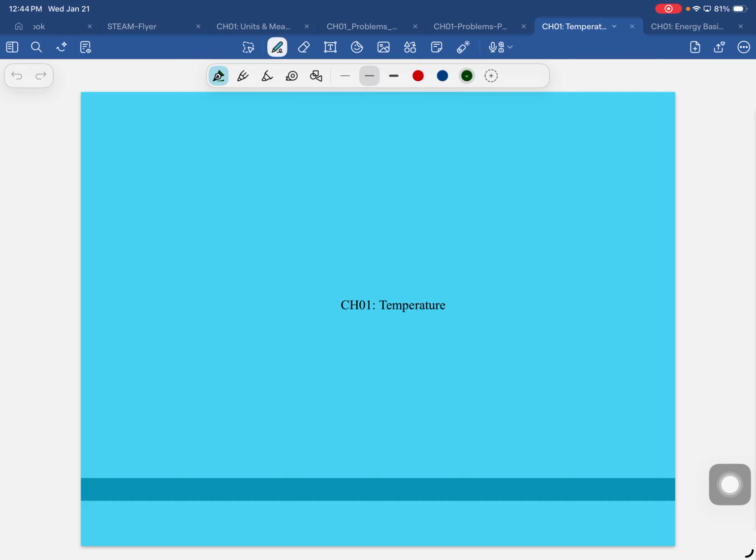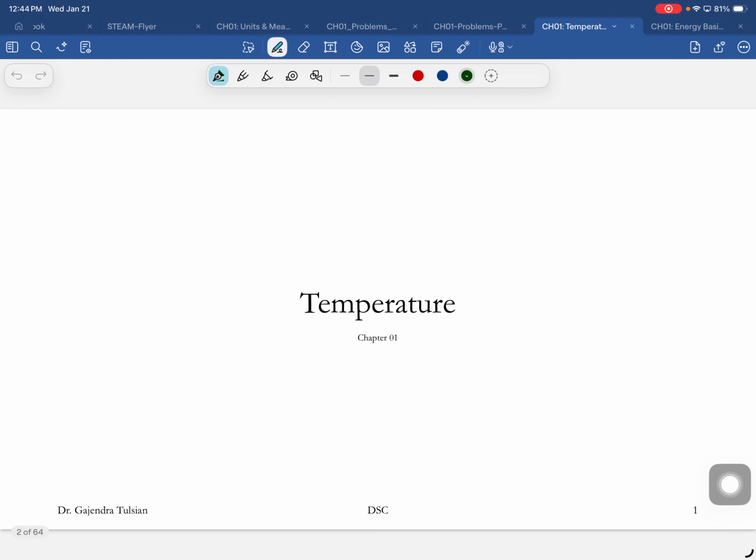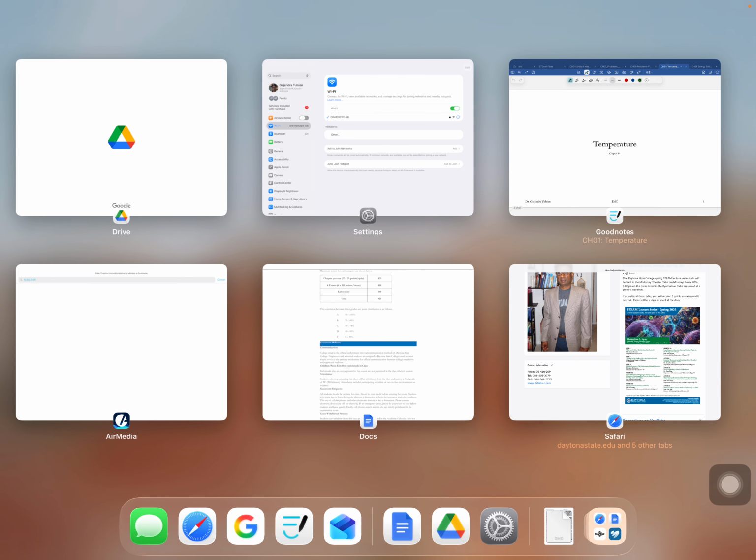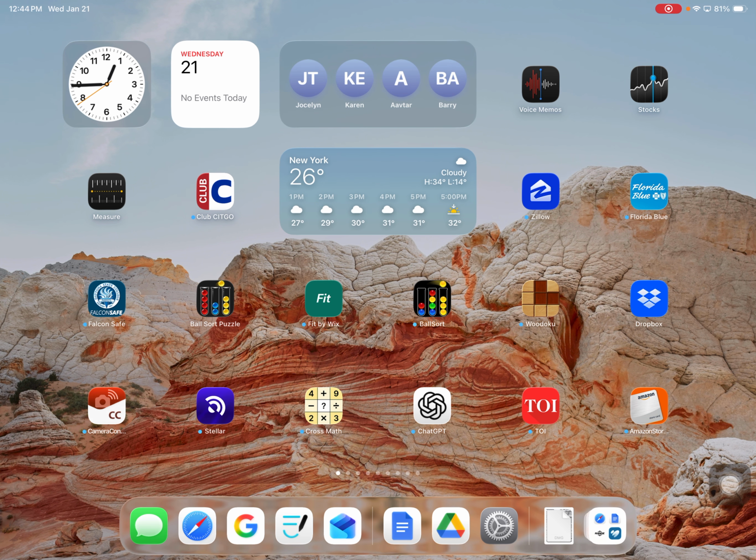Okay, so the first chapter is temperature. You all have a sense for temperature. Temperature tells you how hot an object is. Okay? And we'll give a technical meaning to that phrase. When we say how hot an object is, we'll tell you exactly what that means. Okay? All right, so let me actually start off by showing you a little